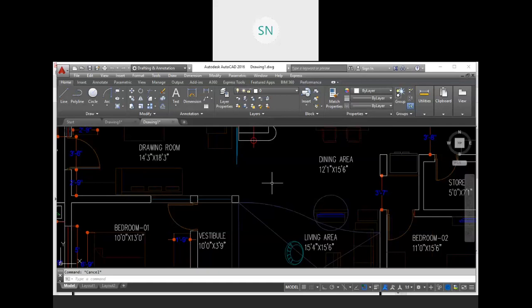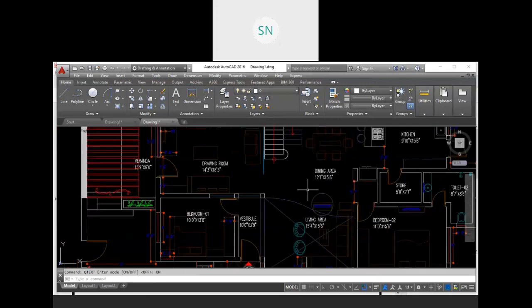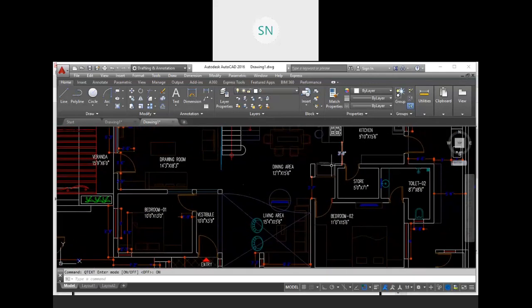The short key for that is QTEXT, Q text. Type Q text, enter, and here we have the option on or off. So this is also an if and else statement. So Q text, let's say on, but this command will not take effect automatically. See, we are clicking on the button, but nothing is happening, right?